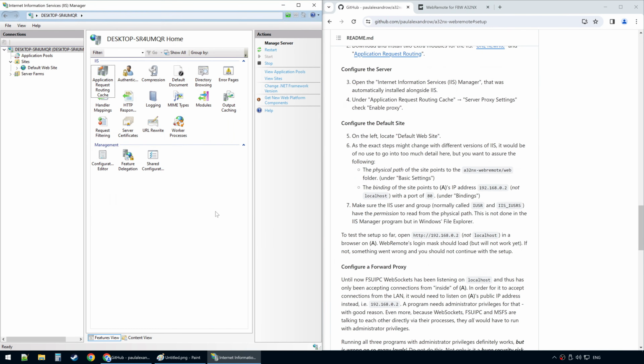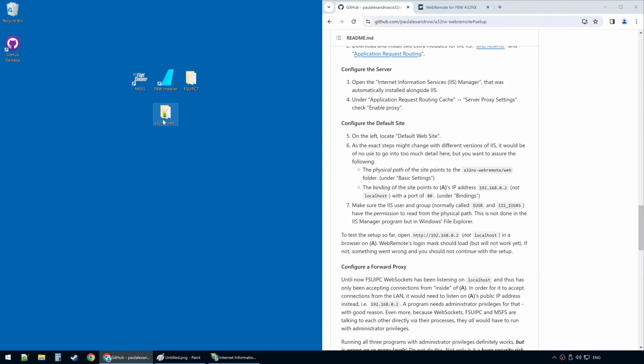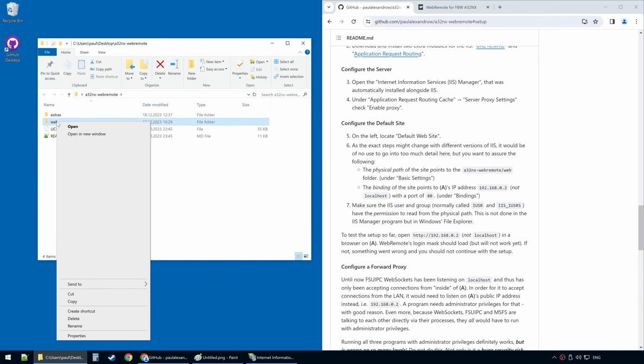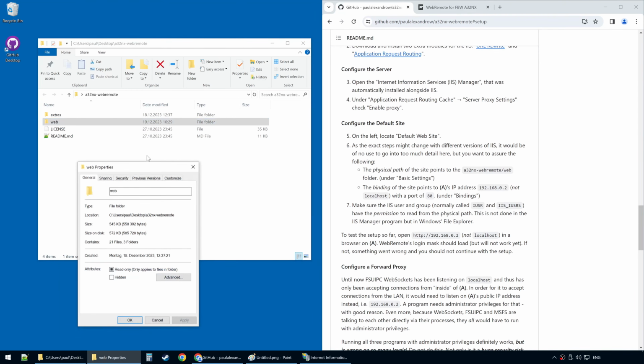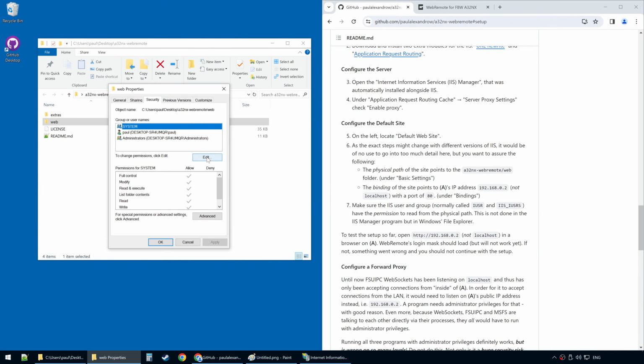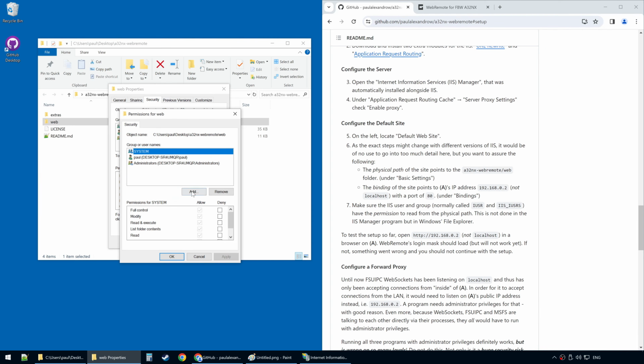Okay, next we have to make sure our internet server is allowed to access our installation web folder. So for this we need to add group permissions. We locate the web folder, context menu, right mouse, go to properties, security. We want to edit the permissions. We want to add